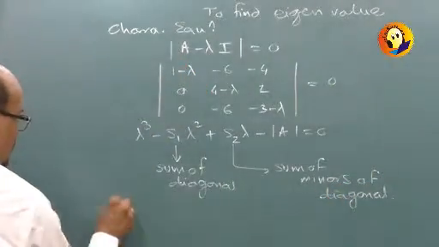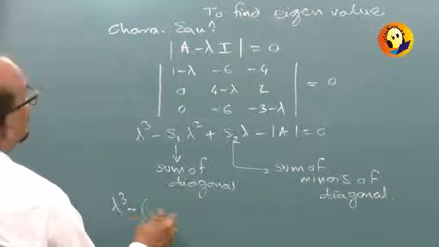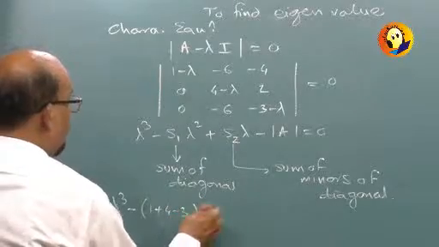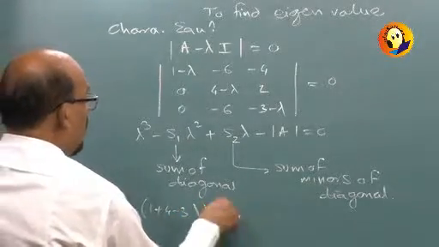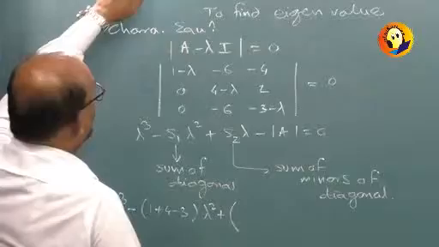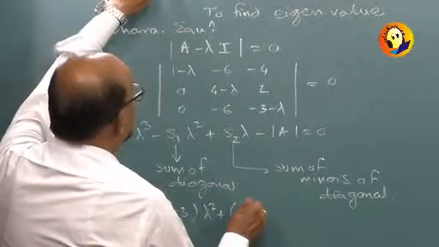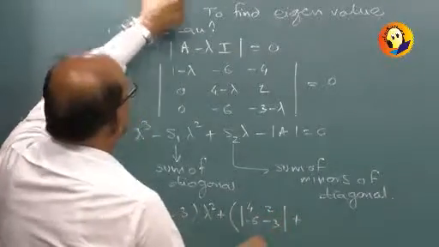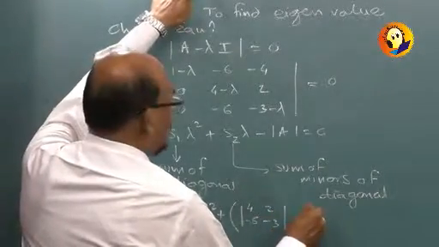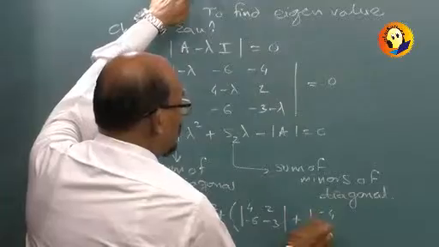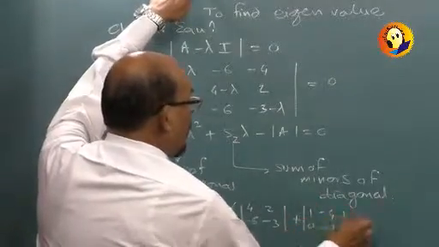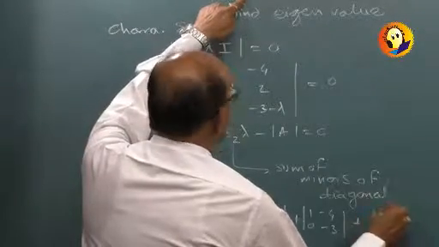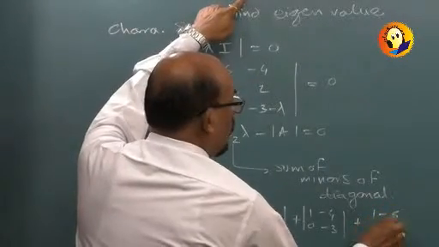So here it is lambda cube minus the sum of the diagonal elements, 1 plus 4 minus 3, lambda square, plus these are going to be the minors of the diagonal, so it is 4 2 minus 6 minus 3, plus the minor of this 4 will be 1 minus 4 0 minus 3, and the minor of this minus 3 will be 1 minus 6 0 4,